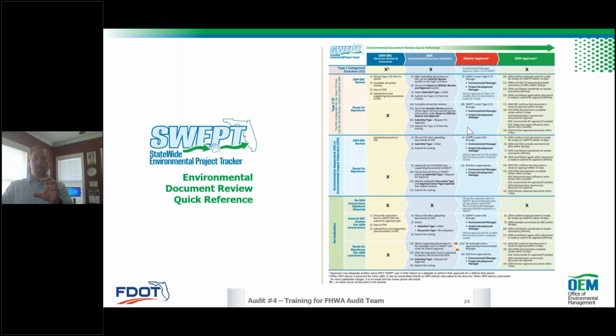It also goes to the two leaders within each of our districts: an environmental manager and a project development engineer. Both are looking at the document from a leadership level. One's looking at the engineering, one's looking at the environmental, and they're verifying that the information is accurate, correct, and up to date, providing assurances up to the Office of Environmental Management that it has cleared the district review. Once it clears the district review, the project delivery coordinator reviews everything to make sure